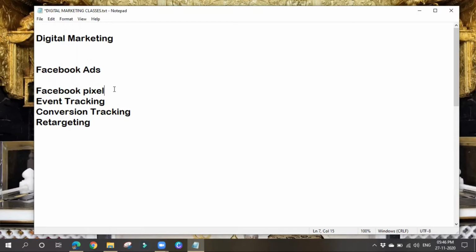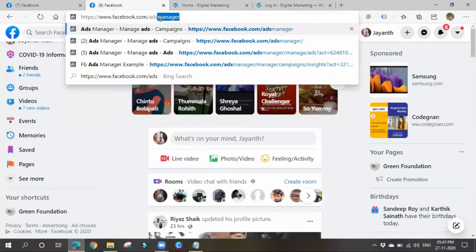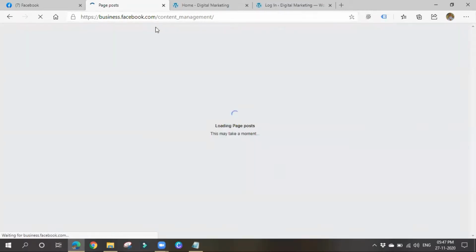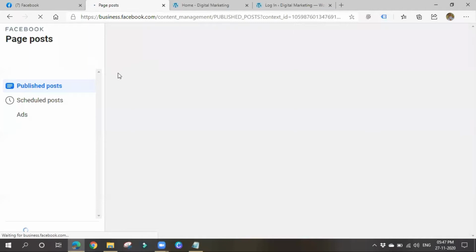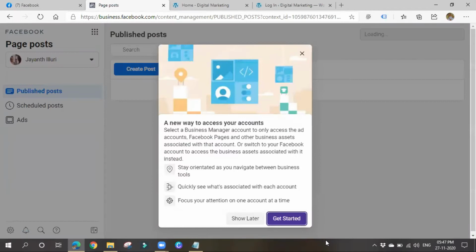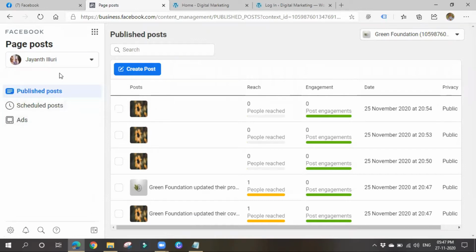Now let's go and see how to create a Facebook Pixel code and how to place it in our website. So go to your Facebook, then go to Ads Manager, facebook.com/adsmanager.